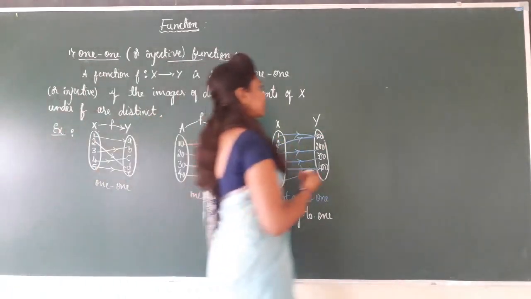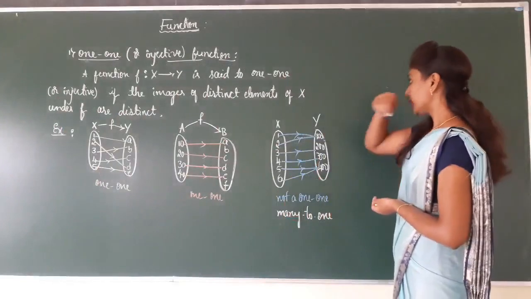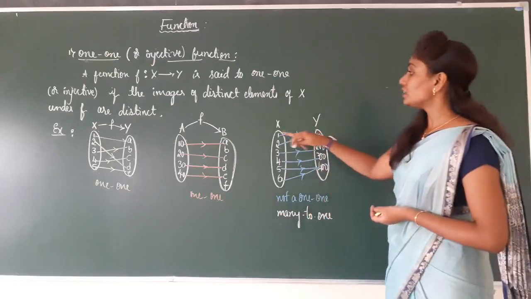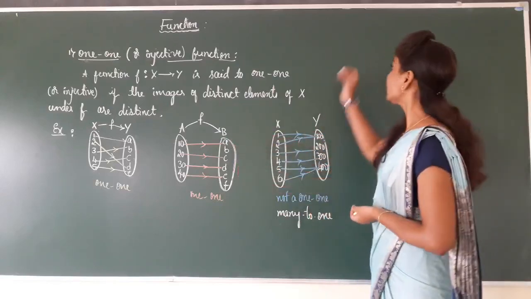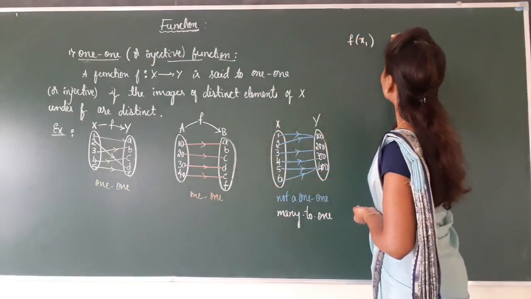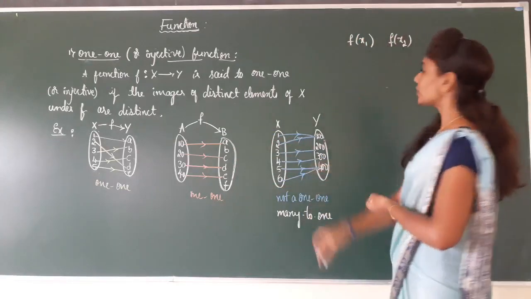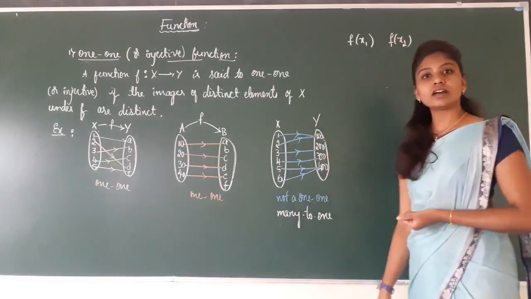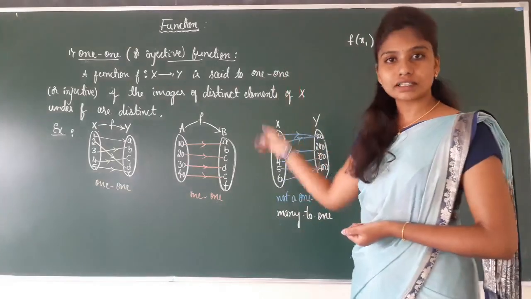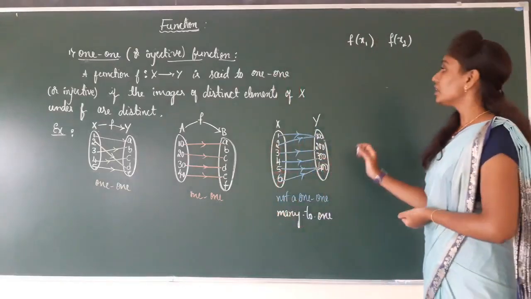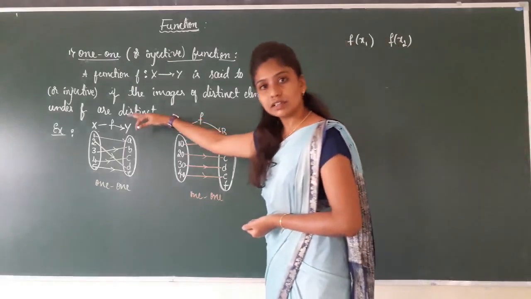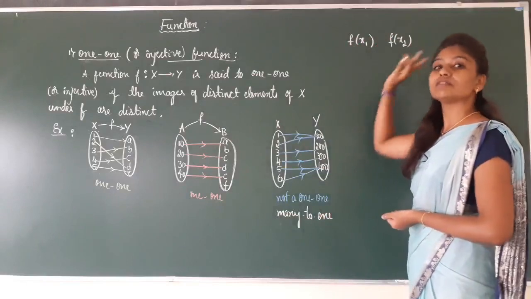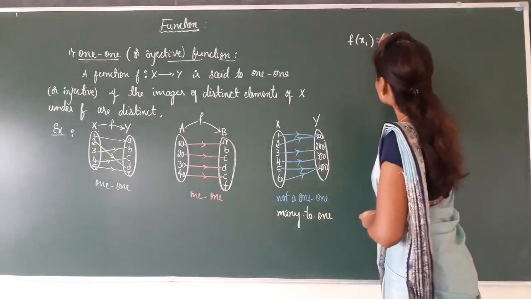Okay. Also, mathematically, f of x is an image, right? Here different images. That's why I am taking f of x1 and f of x2. F of x1 and f of x2 are any two images in the set Y. Any two images that are different, that is distinct, right? That's why f of x1 is not the same as f of x2. Not the same as means this is not equal to.